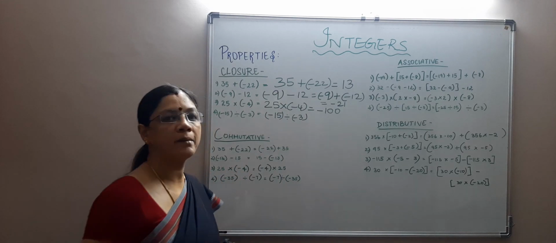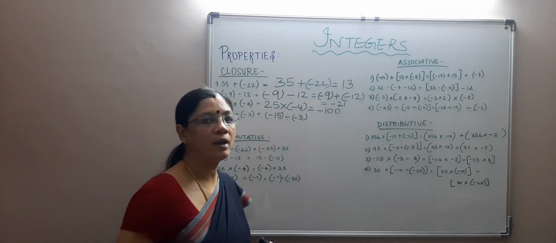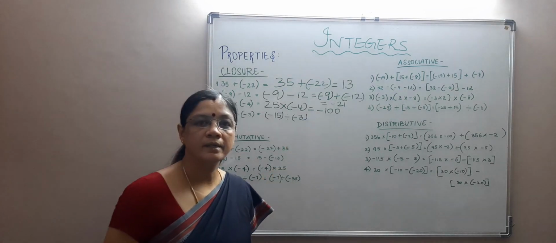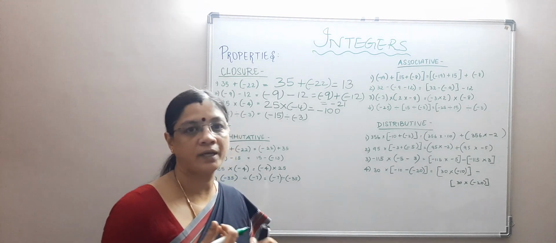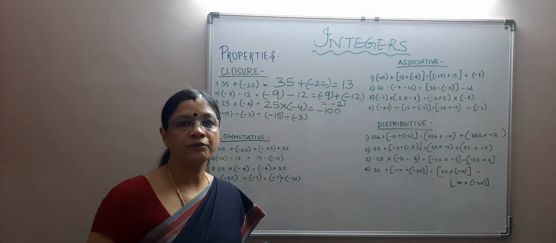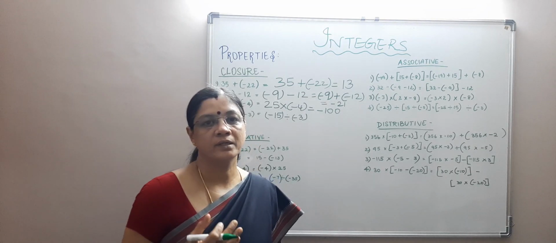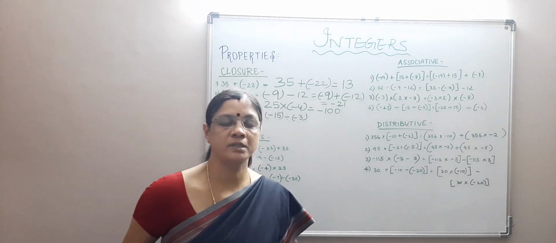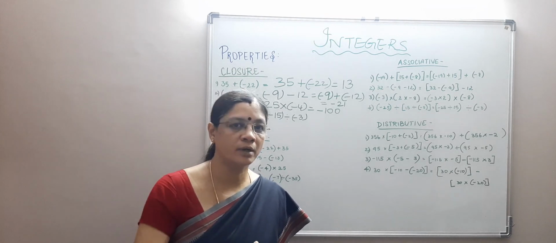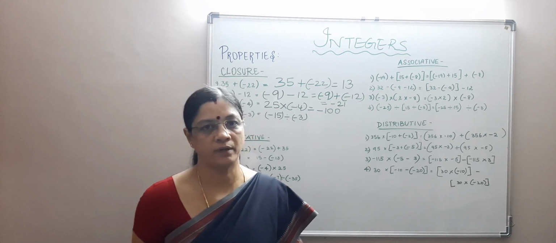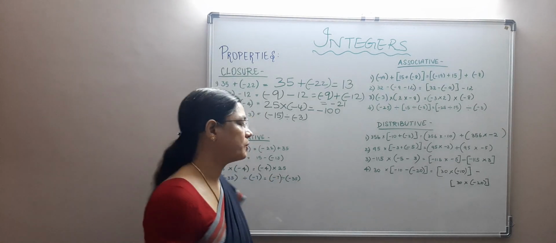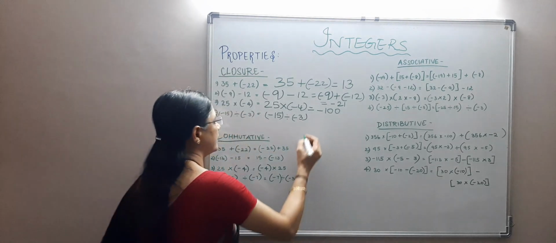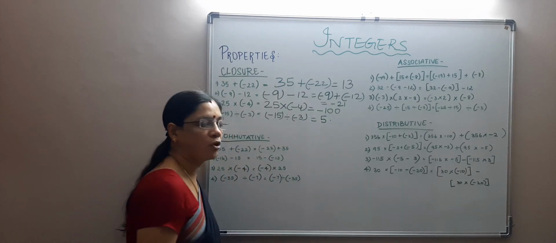Minus 15 divided by minus 3, see, we have the same rule as that of multiplication. If you have one positive and one negative, the answer is negative. That is, if you have an odd number of negative numbers, then your answer will be negative. If you have an even number of negative numbers, the answer is positive. For example, if there are 4 numbers and 3 are negative and 1 positive, you get a negative answer. If 2 are negative and 2 are positive, you get a positive answer. So negative into negative is always a positive number. The same rule applies for division too. So minus 15 by minus 3 is plus 5. So this is also an integer.